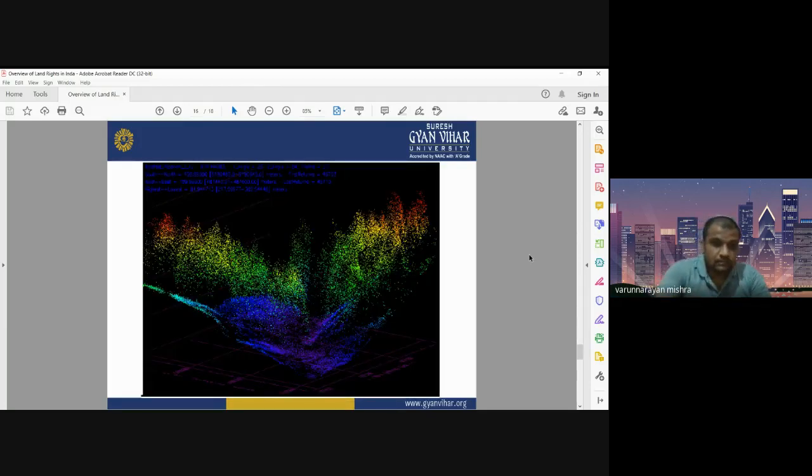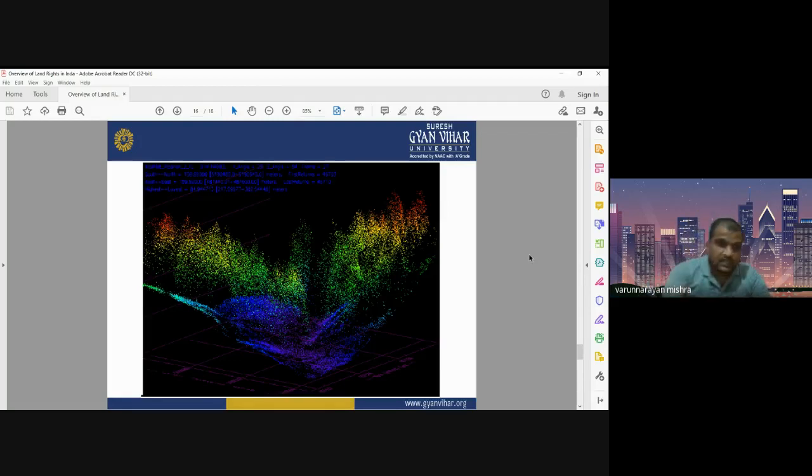So this is the point data set. This is the sample image. Whatever you are observing here, whatever the figure is here, these are the point values. The lidar provides us the data in the form of point values. You see here, these are the point values. All point values will have different intensity levels. Depending on different intensity levels, we can provide different colors to the point data.